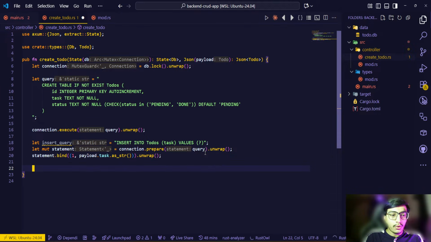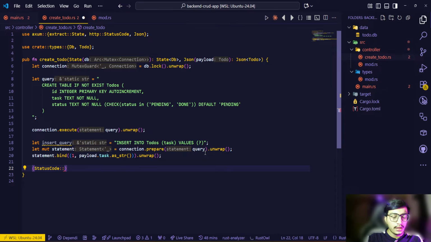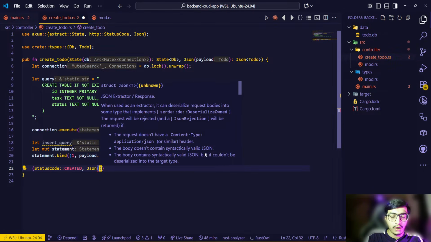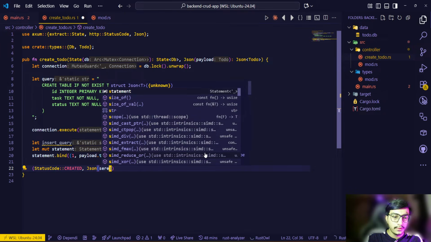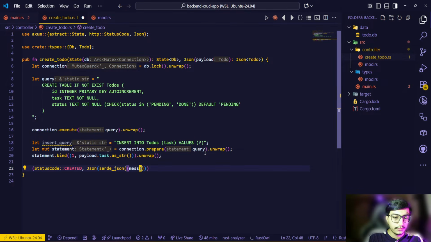All right, perfect. So now let's see what I have to send in response. There are multiple status codes. So for create, let's just import the status code from the http crate, StatusCode created. If there is a successful status, then it's fine. And let's just import serde JSON, and the output will be in JSON format, and let's just pass, let's say, message, and let's say to-do created